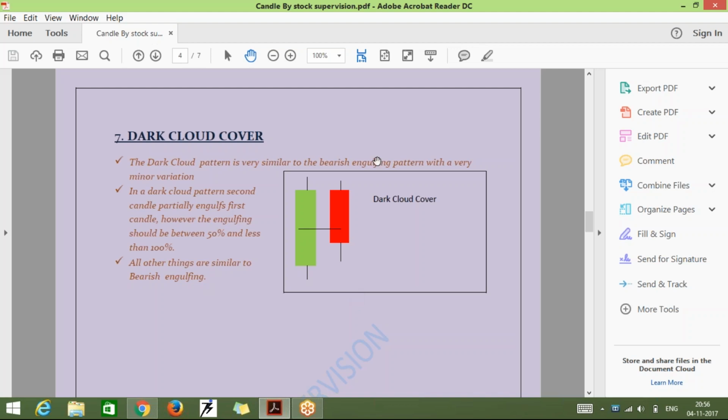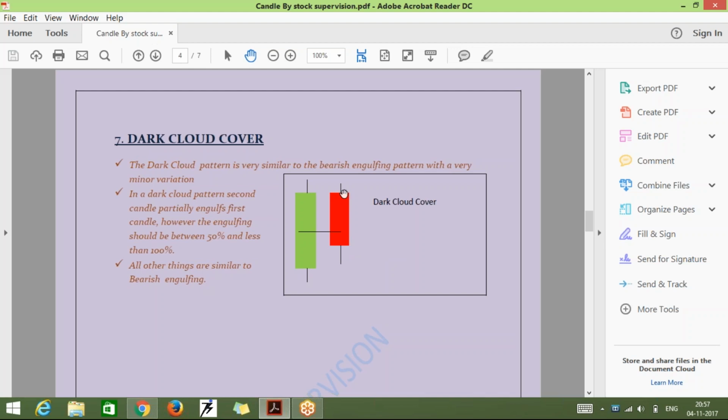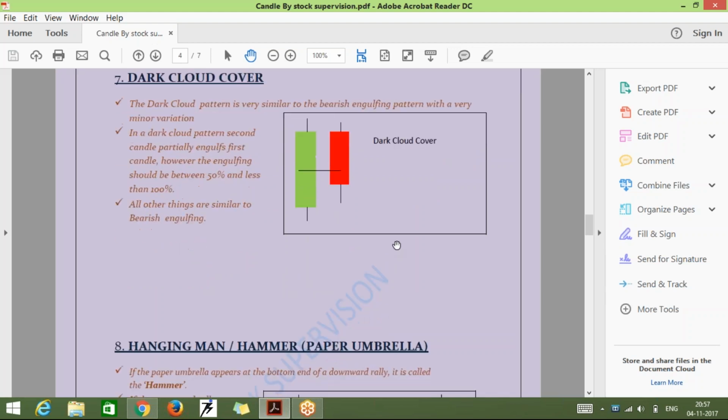Again, here if you are shorting a stock, it may not work in case of cash because you cannot short. So if you are trading in futures, then it could be helpful. If you are shorting at this price, your stop loss should be the open over here. Again, I would suggest you wait for the next candle to form.